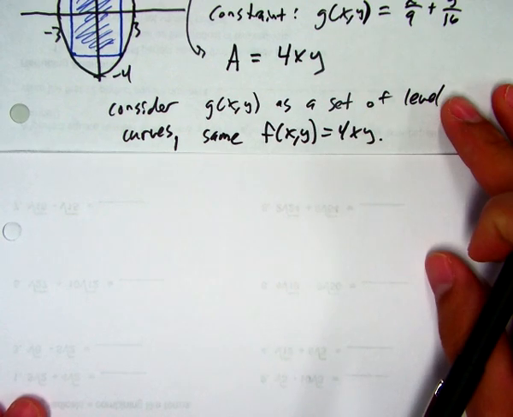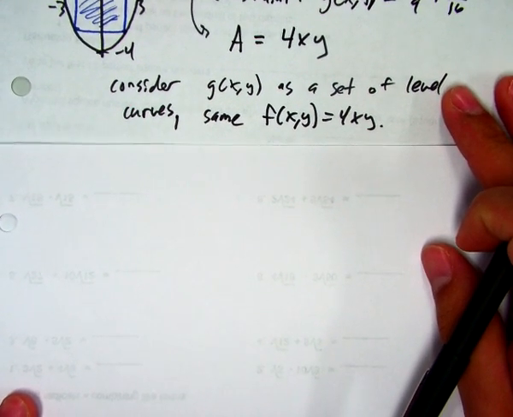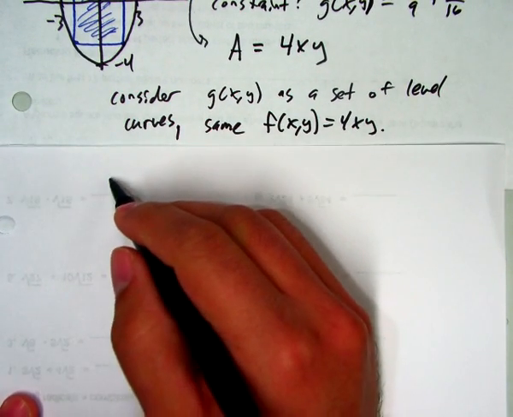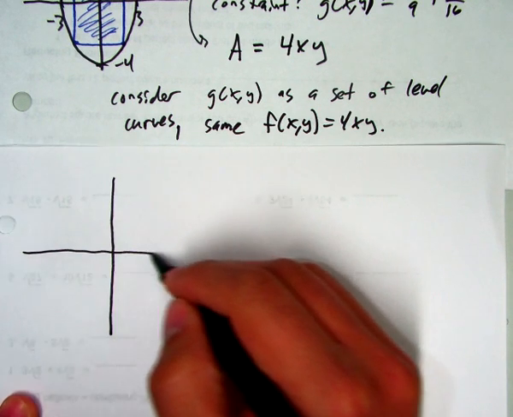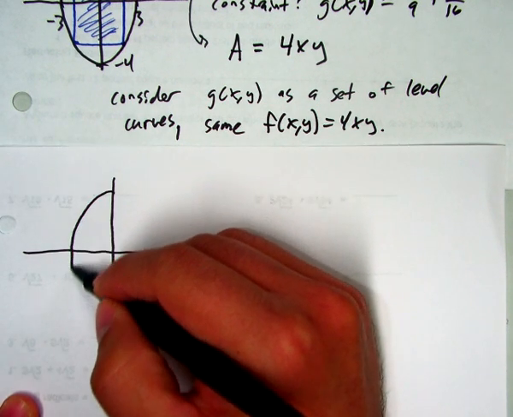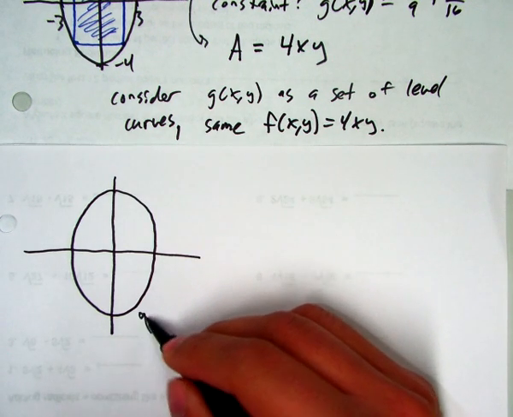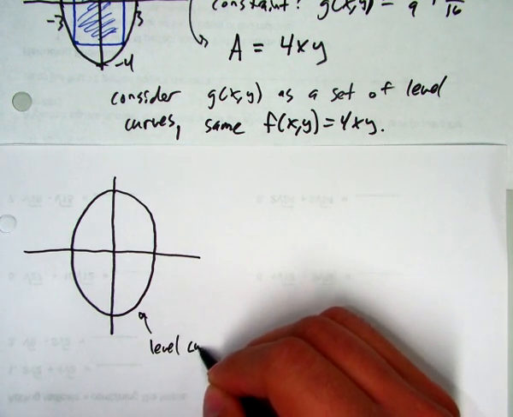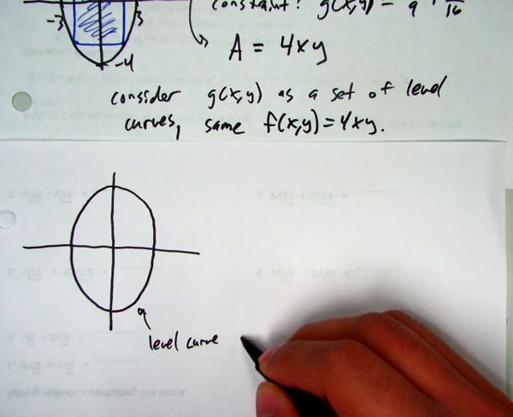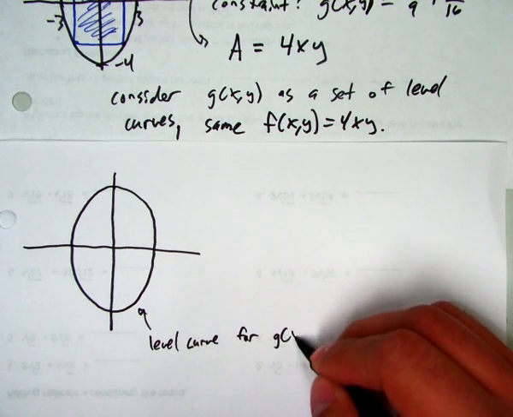Okay? So essentially what we have, if I redraw the picture, is the one particular level curve, which is the one we already graphed. So this is the level curve